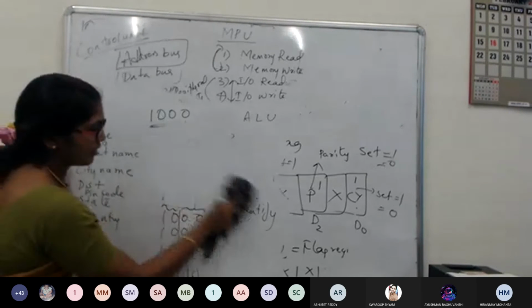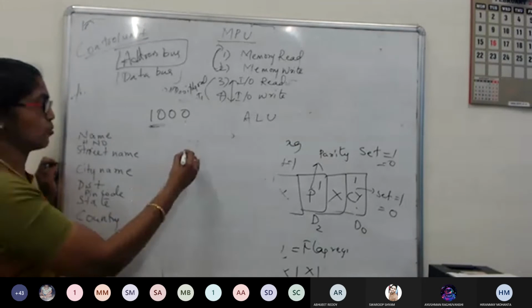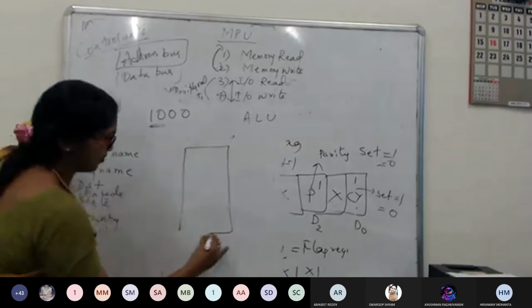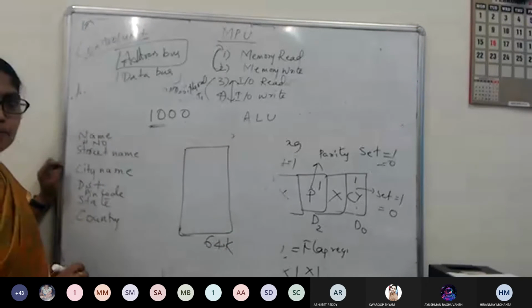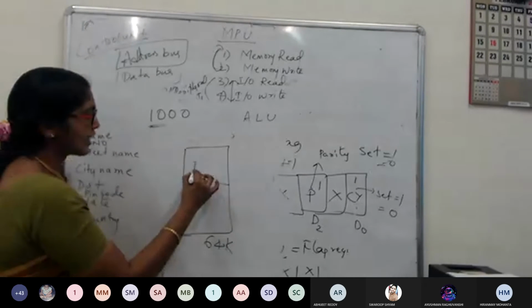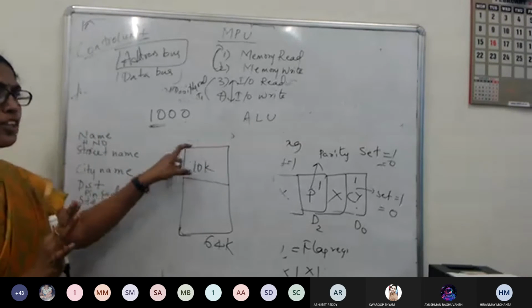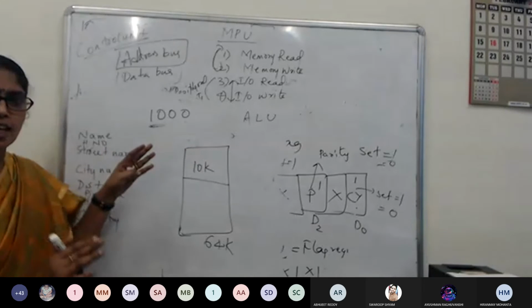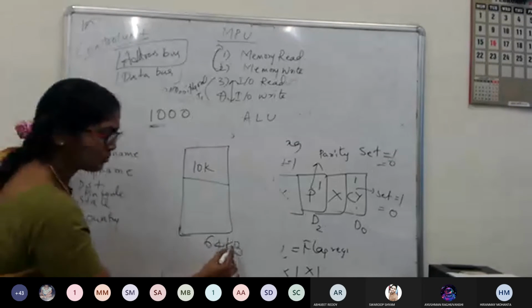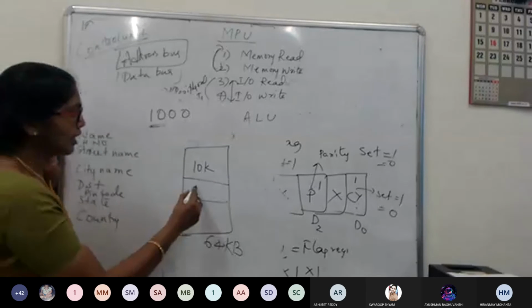I'll tell you. It's like a financial distribution. Total is 64K memory. I can allocate 10K for a specific action. That means I'll keep all the registers in that 10K. Total is 64K only, KB, that is, kilobytes. Now I will take something around